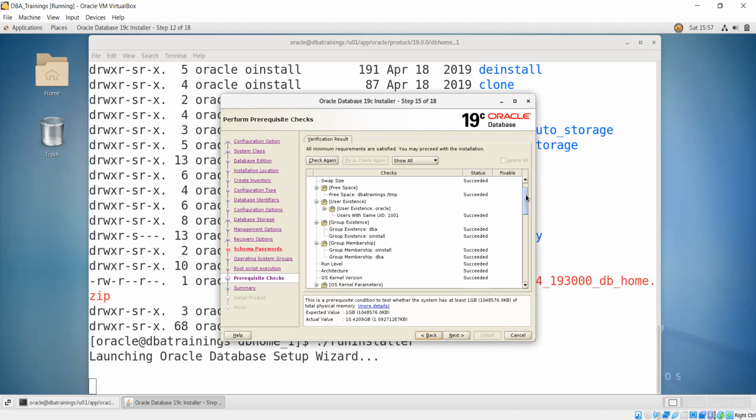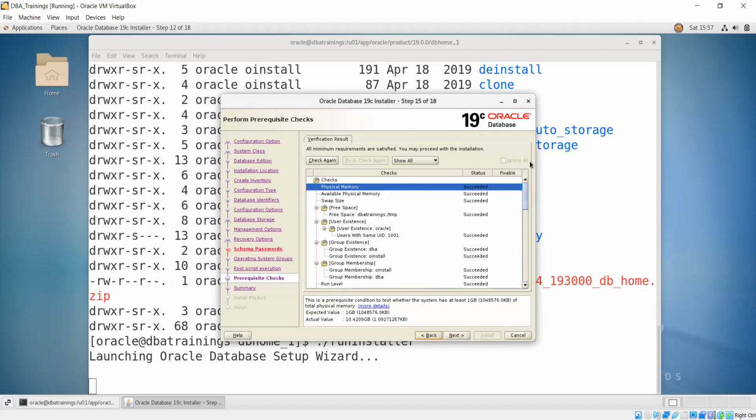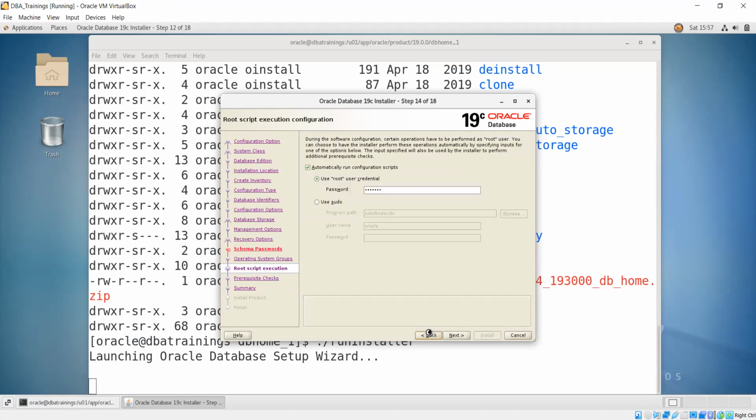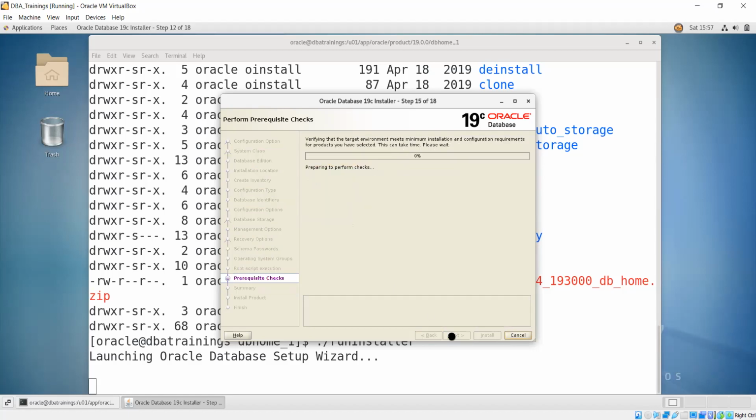So available physical memory and all those, you can find everything is success. Got it? If I go back, and here I don't want the root, so I just removed it. Why did I remove it? You clearly understand the logic behind that. Okay, during the runtime I need to shift the ownership and other things. So that's why I did it.